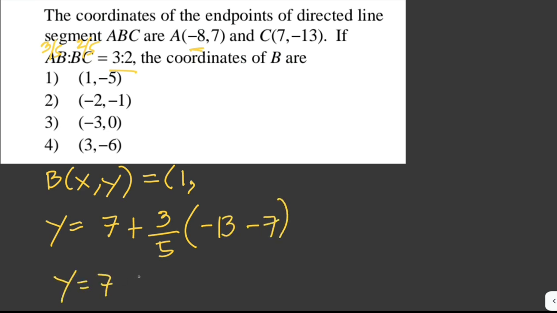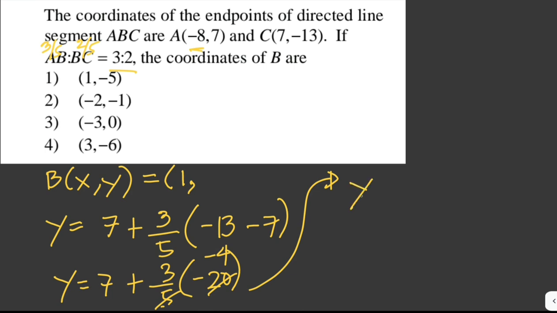So this is 7 plus 3/5 times negative 20. And 20 is divisible by 5, so this is just negative 4. Therefore, y is just equal to 7 plus 3 times negative 4,